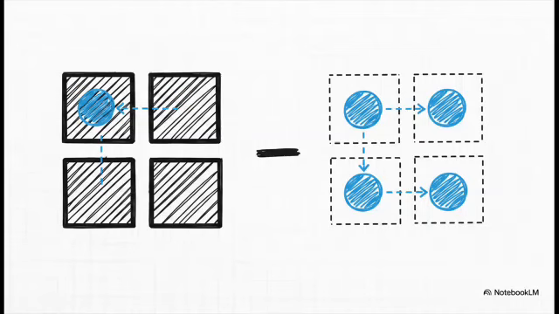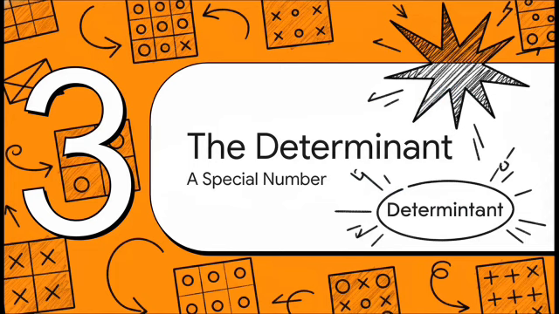We take the number in the second matrix and subtract it from its matching partner in the first one. And you do this for every single position to get your final answer. The big takeaway for both adding and subtracting is that it all happens element by element, one position at a time. Okay, let's shift gears a little and look at something a bit more abstract, but trust me, it's incredibly